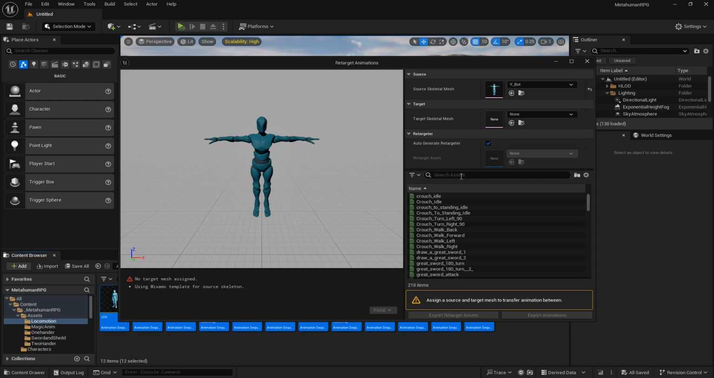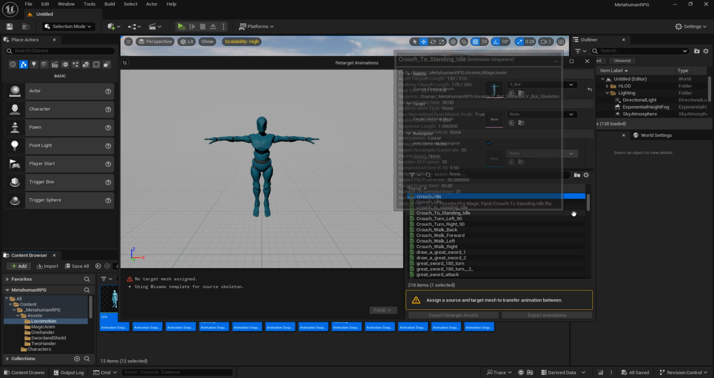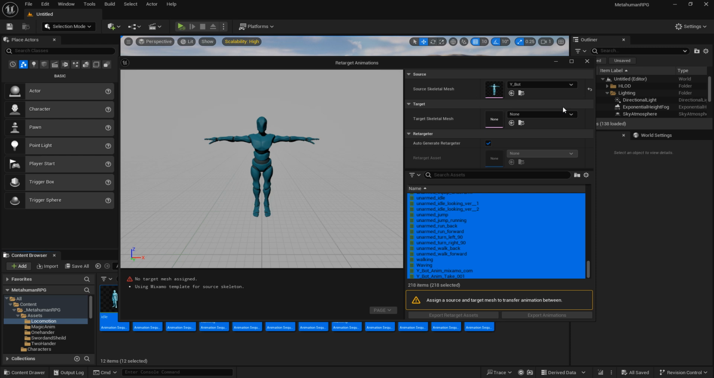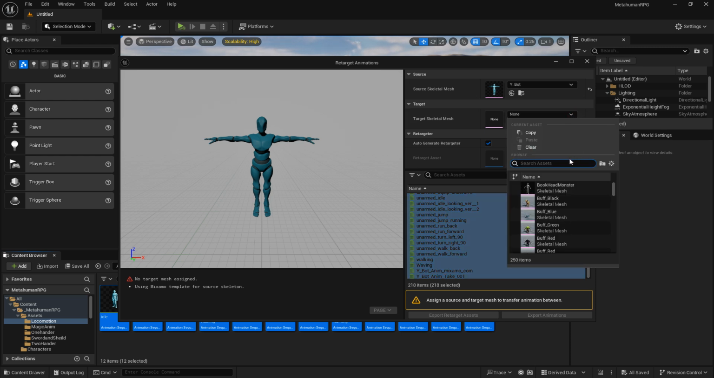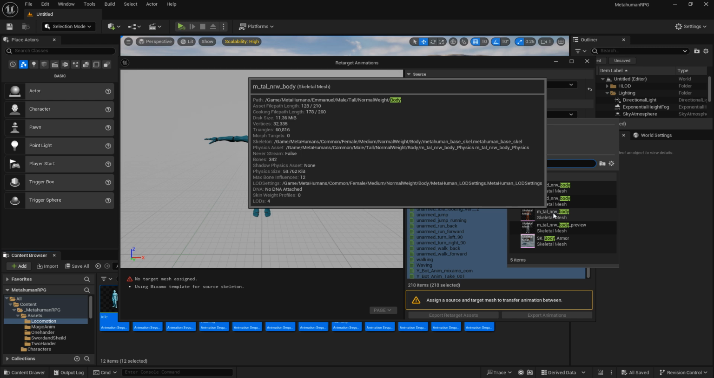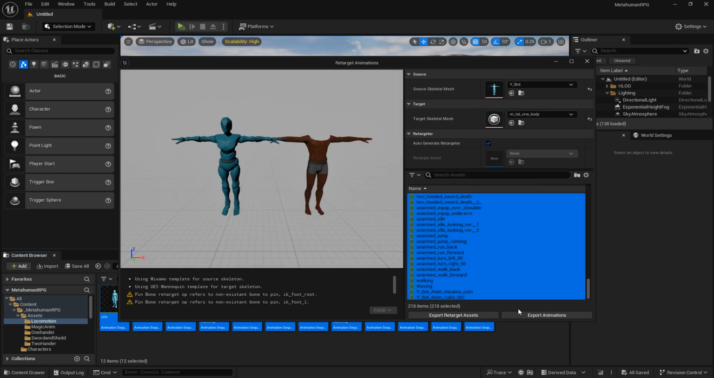and what you do, you select this and go all the way down to the bottom, shift left, and here in your target skeletal mesh, we're gonna go body, and you want to get this one right here, the narrow body, and we're gonna click export animations,